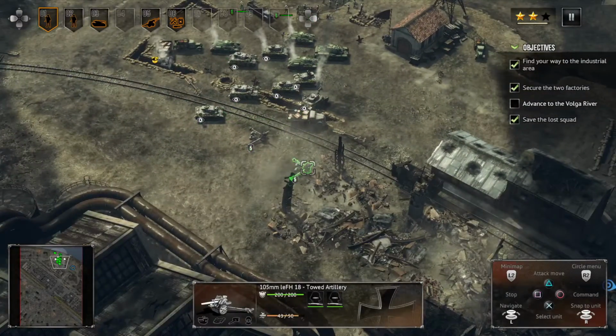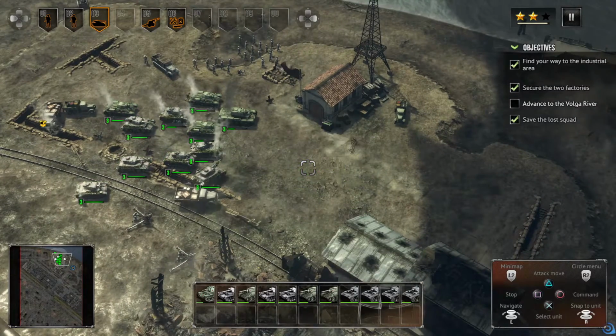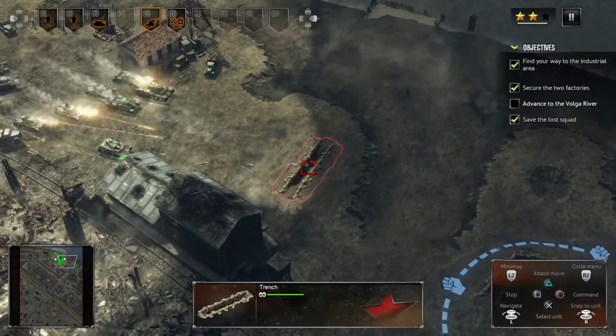I want to get the artillery going here. I want to get these tanks up closer. 3 is going to go here. And then 5 is going to start firing attack round on this spot right here. I think it's...